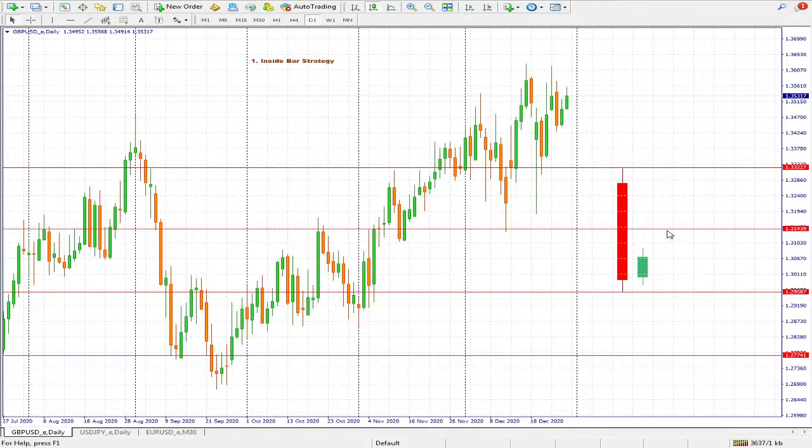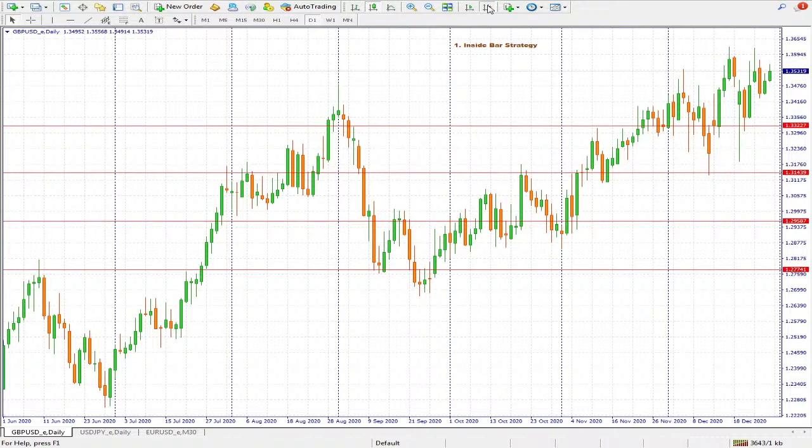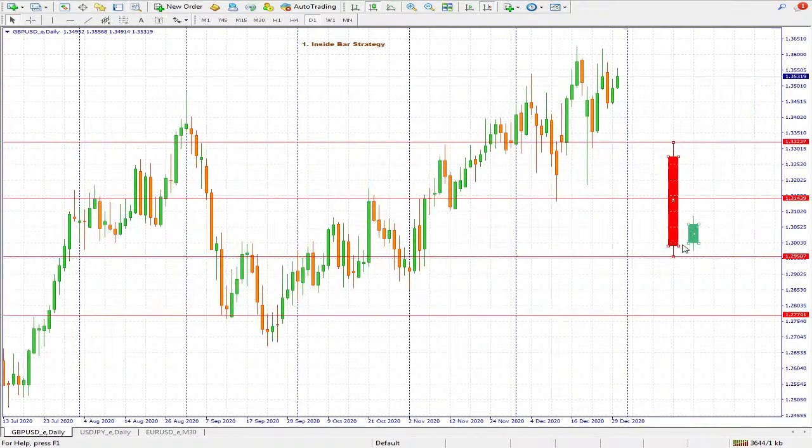Okay, so we'll look at the other case, the opposite case of this. Let's see what that is. So the opposite case is where now we have a small red candle and a big green candle. We have something like this here,